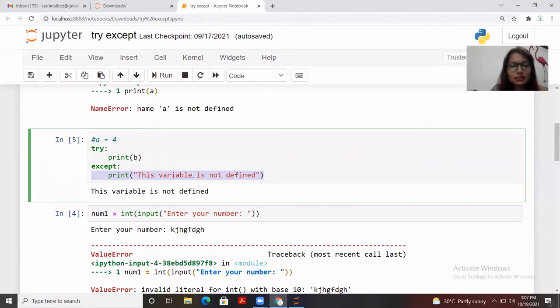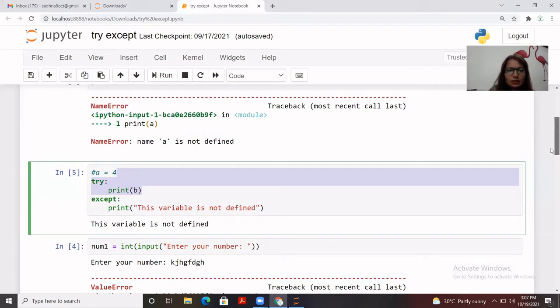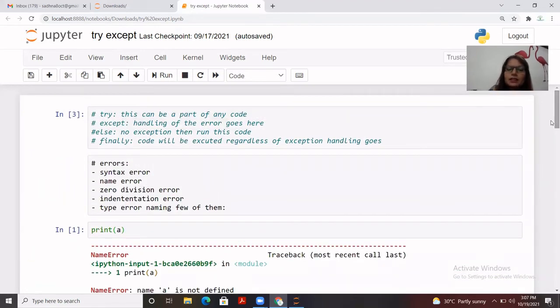Let me tell you the different syntax, or you can say the code, that we can use to do the error handling. One is the try. Try is the block in which we put our code where we have a chance of errors, where we may generate an error. It can be multiple lines of code as well; it's not that you can only use try on a single line. And then we go to the except block. The except block is the one where we handle those errors. Whatever display message you want to showcase, you can put into the except block.